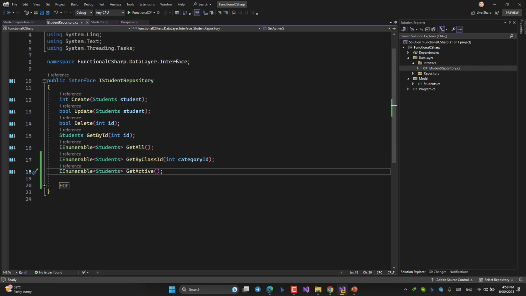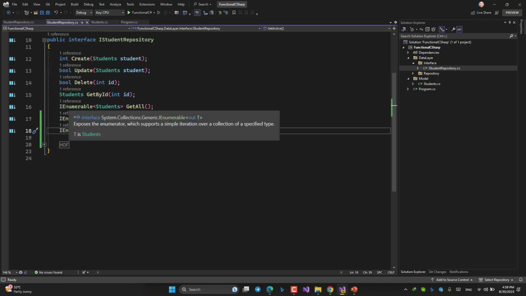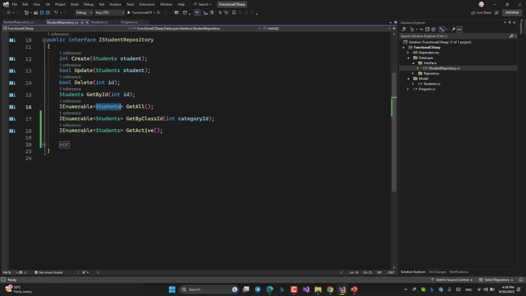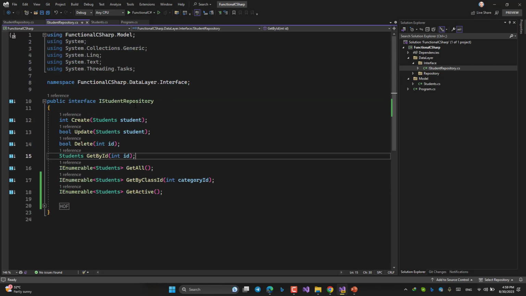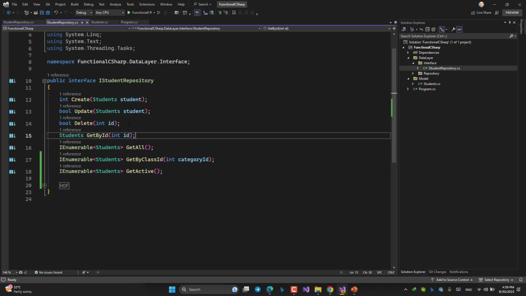Create method, update method, get by ID, delete, get all, get by class ID, get active. Most of them return an IEnumerable of students like this. Okay? So far, nothing new, nothing difficult, nothing complicated.